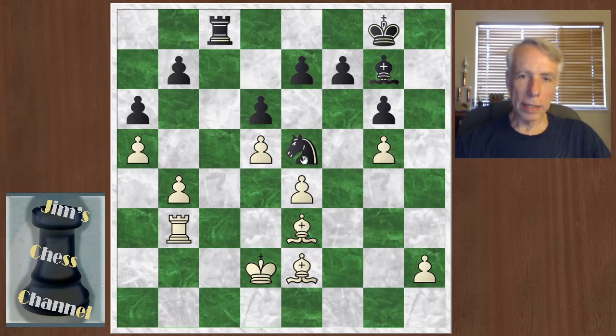But black in compensation has some good squares for his pieces. That is going to happen when you play this way. As you push the pieces forward, as you push the pawns forward, sometimes squares will open up for your opponent. You can't stifle all the counterplay all the time. But these advanced pawns may be dangerous in the endgame. And so knight to c4 check,